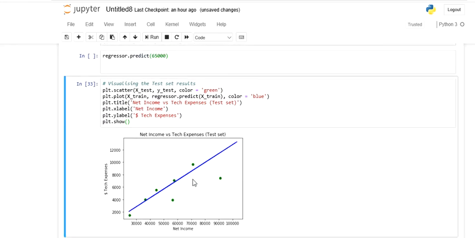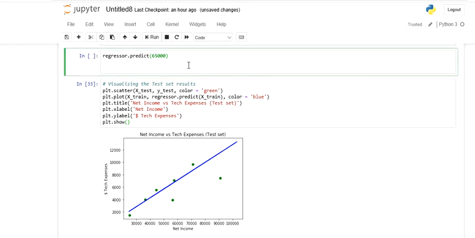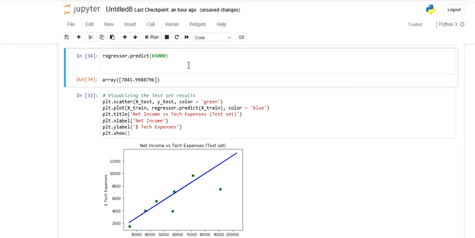So we have the data here. If we're going to predict 65,000, which is right here, we should have a tech expense somewhere around 7,000 to 8,000. So let's see what the model says. Control enter, and there you go. You have 7,841